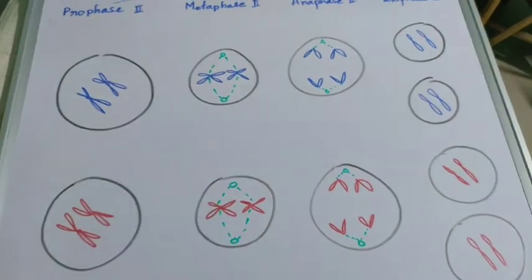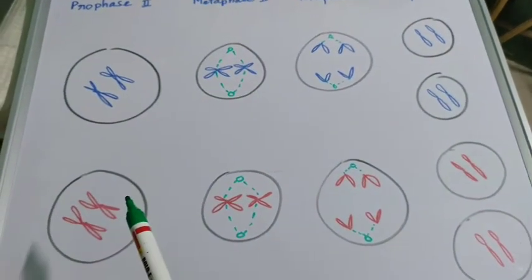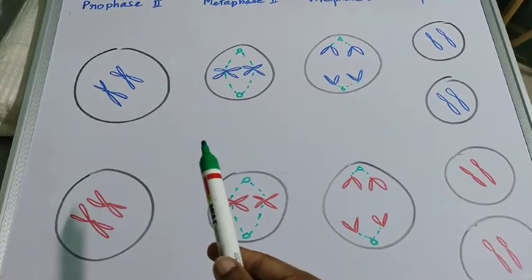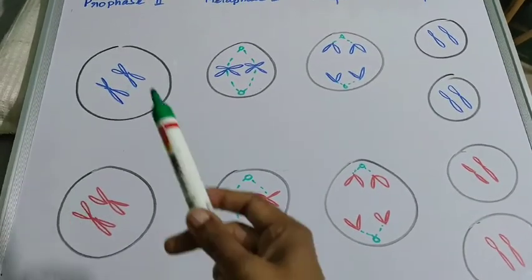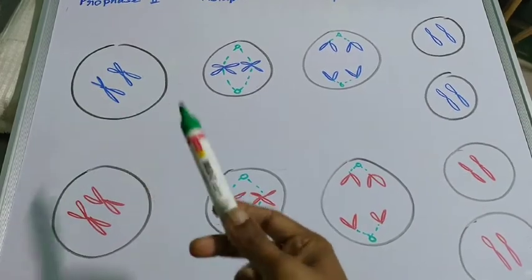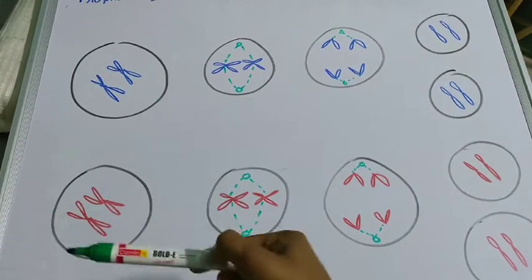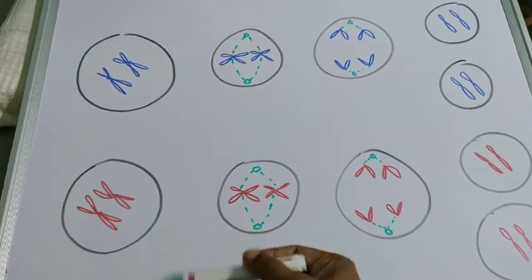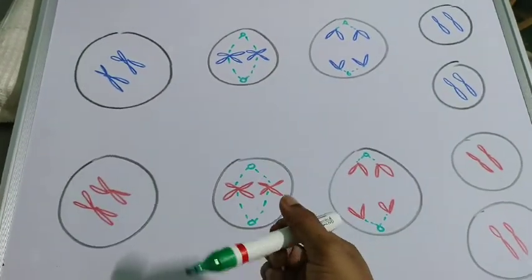Just like what happens in every other prophase, here also during prophase stage, the nuclear membrane disappears, the endoplasmic reticulum disappears, the Golgi complex disappears, and the chromatin becomes easily visible. That is, each chromosome becomes visible. Each of them attain their individuality. Okay, so the separate chromosomes can be seen clearly.